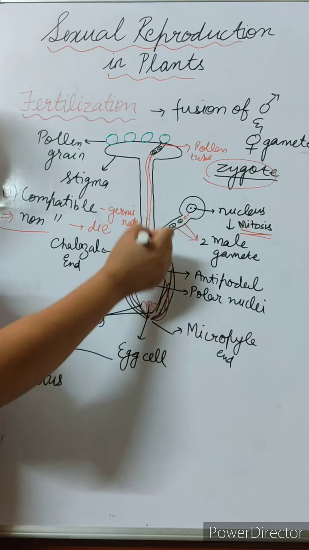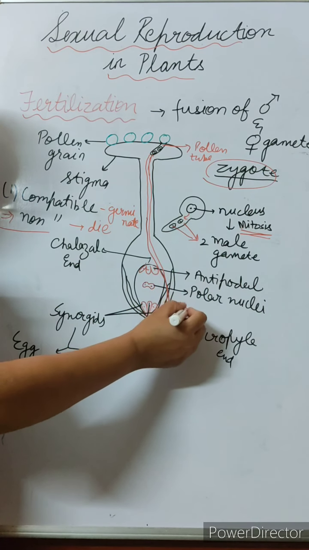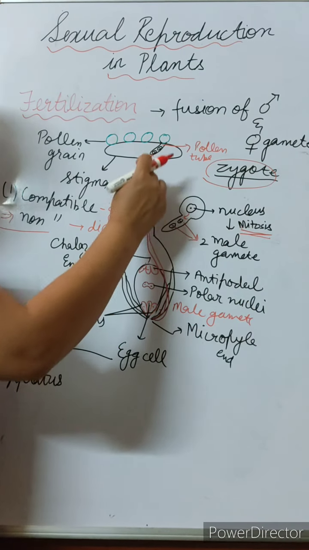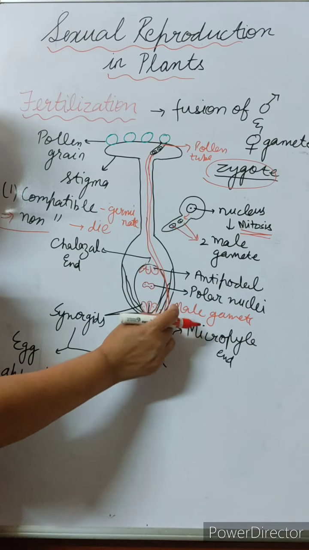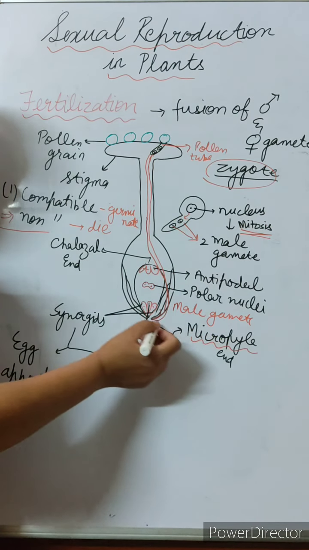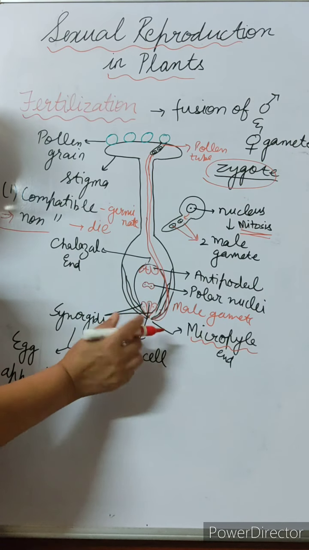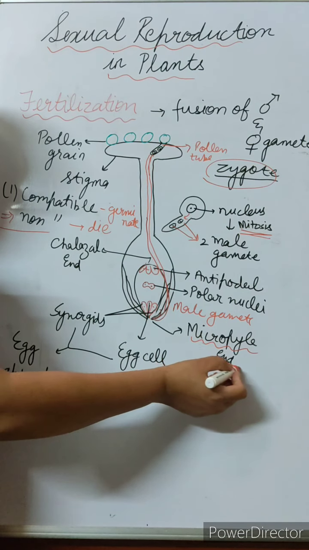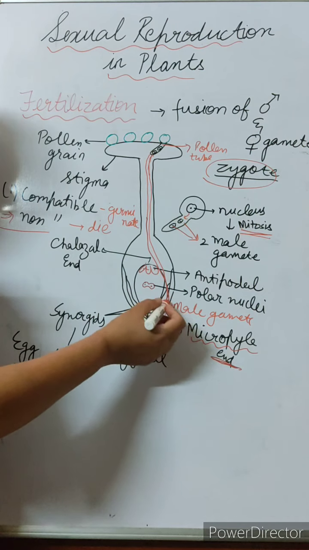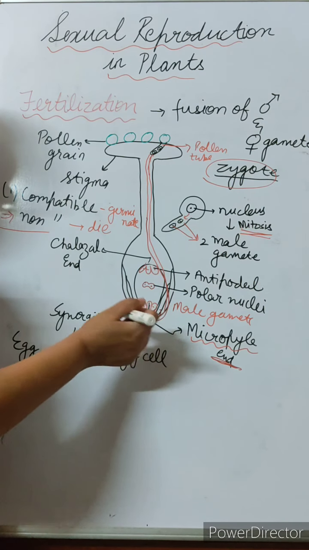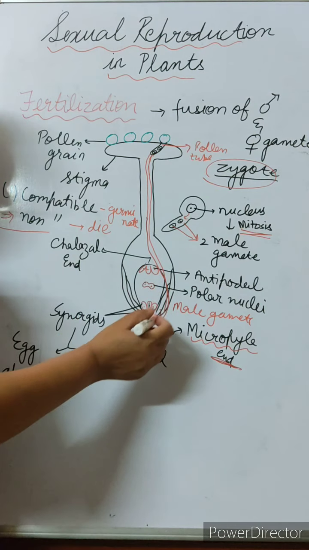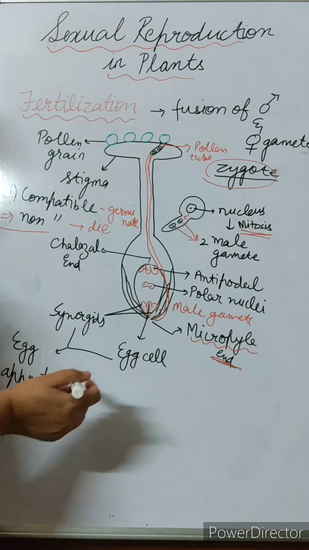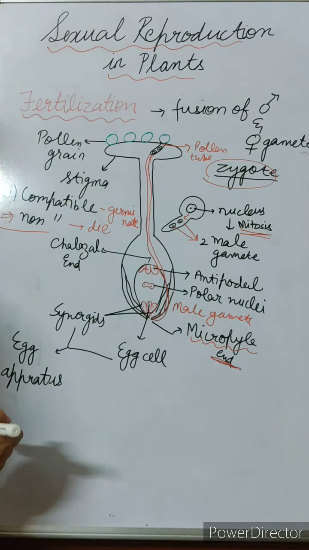When the pollen tube grows, the male gametes also get transferred with the growth of the pollen tube. So now here the male gametes have reached here. You see here, this is the micropyle. This is the point where the ovule has a small hole. This small hole or pore is known as the micropyle, and that is why this end is known as the micropyle end. Now what will happen? The pollen tube is going to enter the embryo sac, or the ovule, by the micropyle, and as soon as the pollen tube enters, it will release the male gametes.